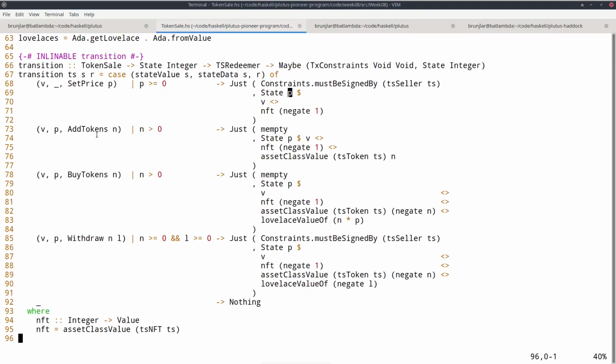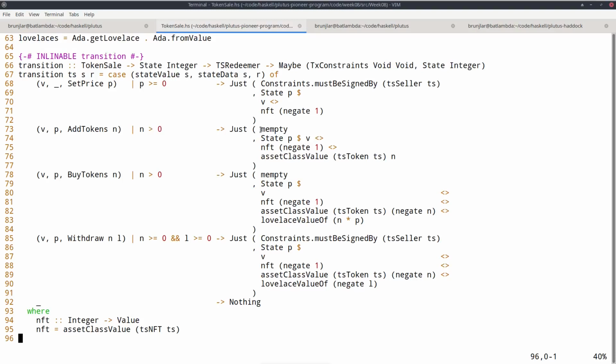Okay, so for add tokens, I check that it's a positive amount. I could again check that only the seller adds tokens, but you must imagine that this contract is provided by the seller. And the seller doesn't care if somebody else adds tokens to his contract. That would just be a free gift. So people would be silly to do that, because they would just lose the tokens. But the seller has no reason to forbid this. So therefore, I didn't add any constraints on this add tokens. So anybody can add tokens, although in practice, of course, only the seller has incentive to do so.